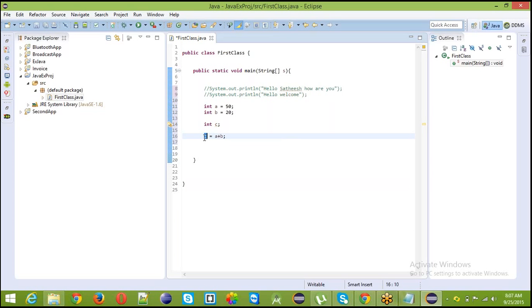Left side is integer variable. Right side is also integer variable. So C is equal to A plus B. So C value is having 70. So we want to show the output to the user. So how can we show? So same thing, System.out.println. Otherwise we can write syso, Ctrl+Space. This is a shortcut, and you can write like this: